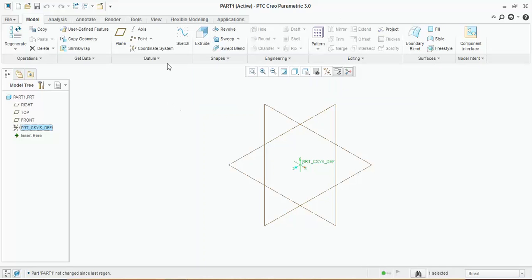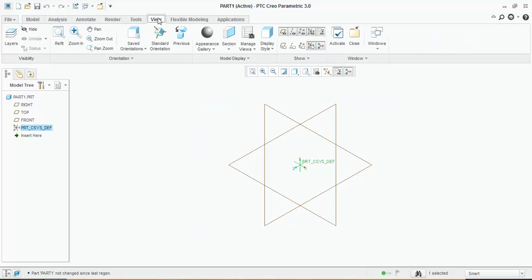In part modeling, the View tab is also important. It shows you the appearance, meaning the color of the object, section of the object, different views, different display styles, and this is the tag on and off and display on and off. I want to turn on this plane tag display. Click on Plane Tag. Now you will be able to see the names on the corner. This is also important.